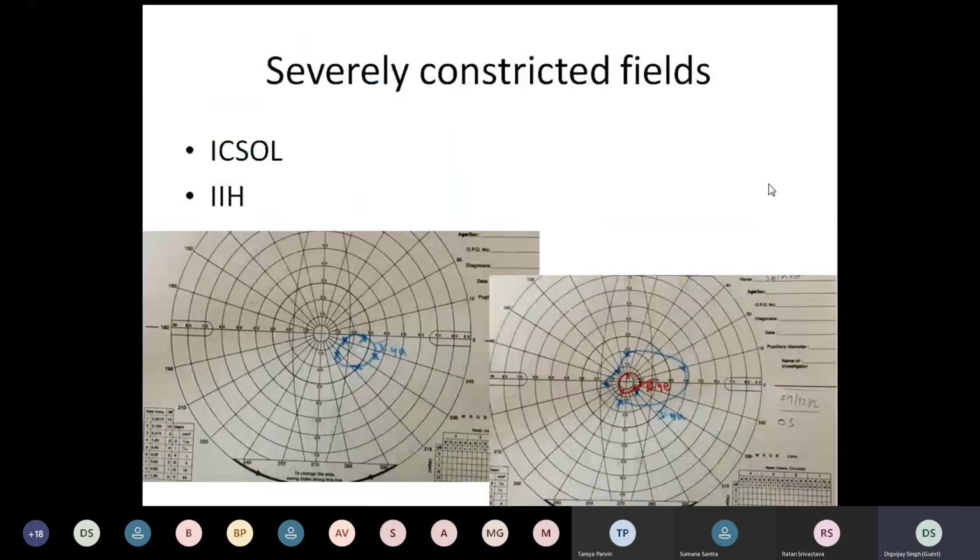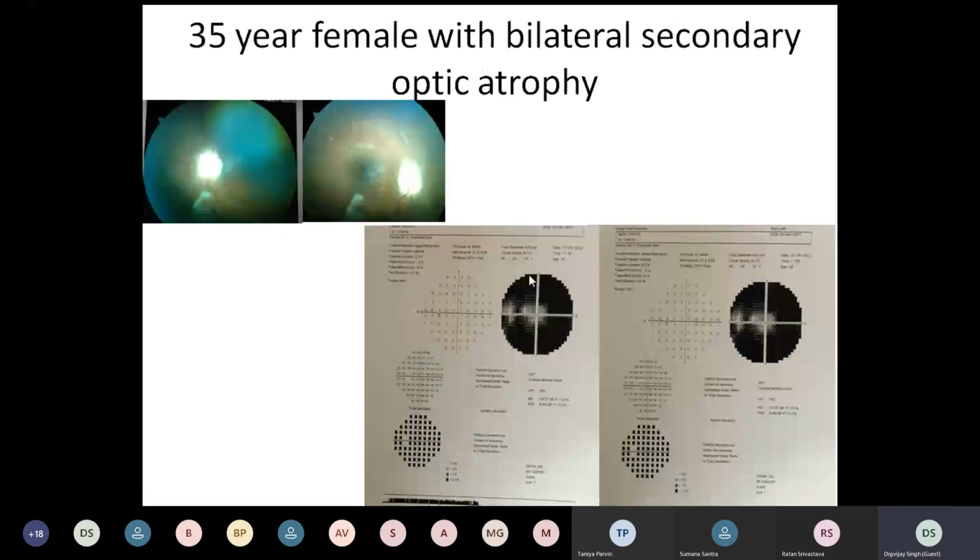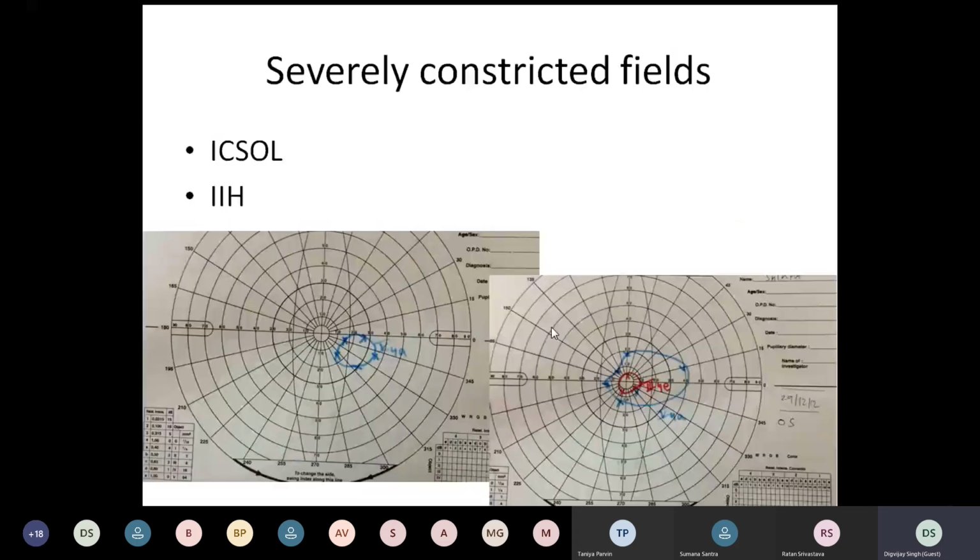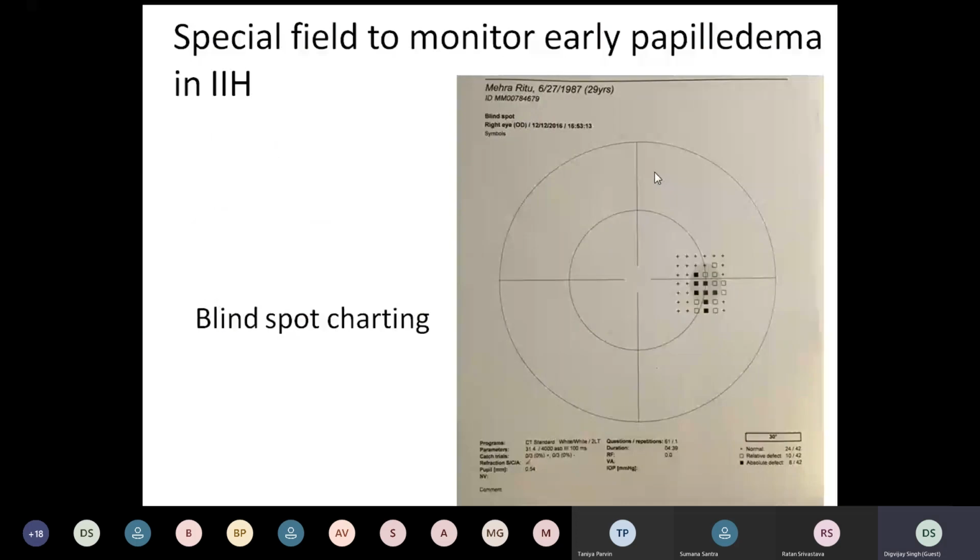This is what the field defect on the Goldmann will look like. The same patient underwent the Goldmann visual field, and you can see only a small circle of the field is visible. Remember, in a Humphrey or Octopus perimeter, the area of field loss is marked with black color. Here in the Goldmann, you only see the active field. The rest is assumed to be lost. It will never mark out the lost area for you.